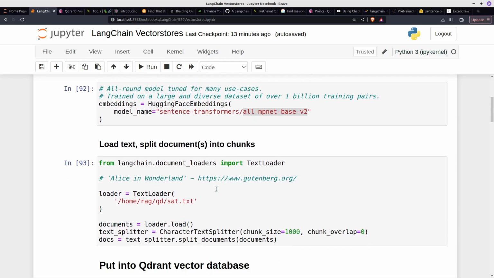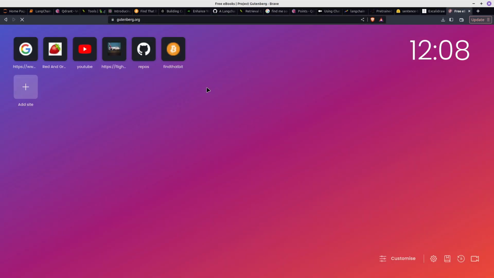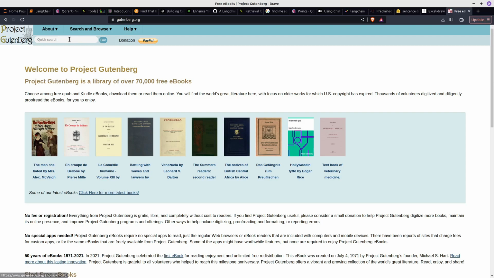Load text, split documents into chunks. So we've got Alice in Wonderland. Obviously this would be your own private data, on-premise data if you're in a business organization. Because of copyright and everything, I've just used this book which is publicly available. You don't have to use what I use, but if you want to use Alice in Wonderland, then